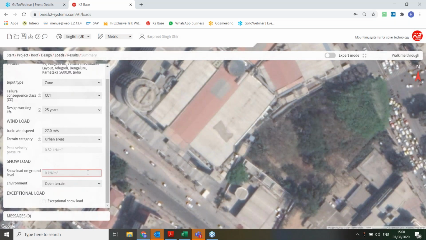And you can define the snow load as 0 kilonewton. Even if you don't know the wind speeds, there is a wind map which you can refer to, and based on the location you can enter the wind speeds in this tool. So ladies and gentlemen, you're finished with the third step, and the last step is the results.